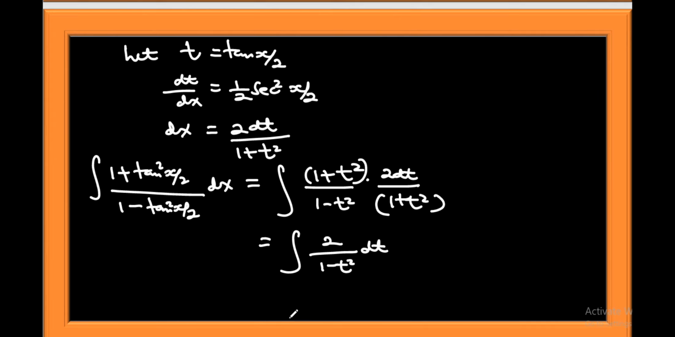But then when you look at 2 out of 1 minus t squared, it can be written as the integral of 2, now 1 minus t squared is the difference of 2 squares. So I can say 1 plus t into brackets 1 minus t dt. That means we're now going to go for partial fractions, particularly type 1. So we shall let